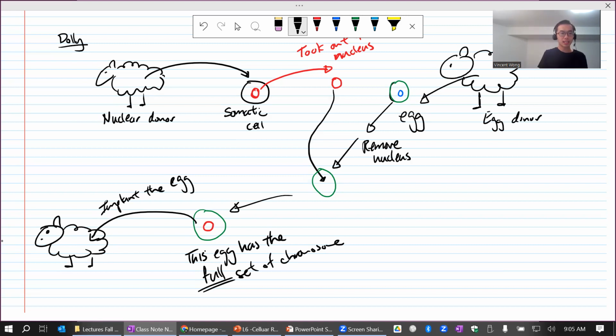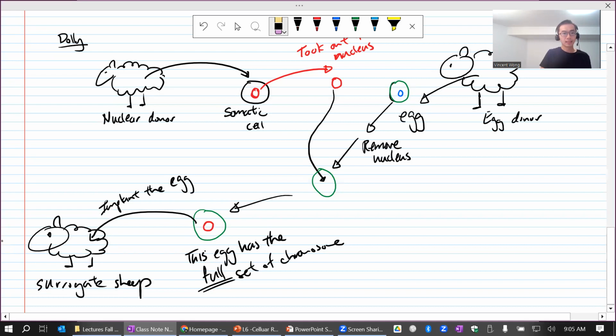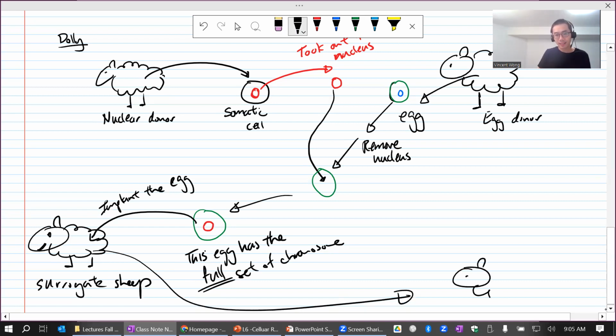Surrogate, that's right. So this is the surrogate sheep. Okay, surrogate. All right, she's happy to do it. And then when the baby is born, okay, baby,